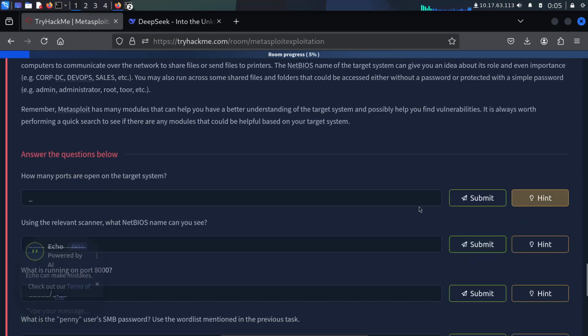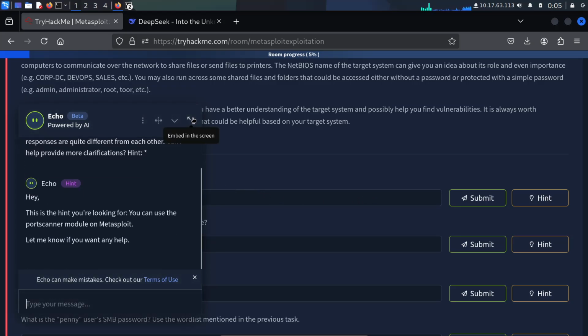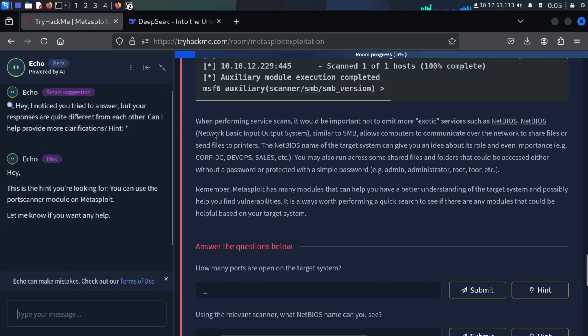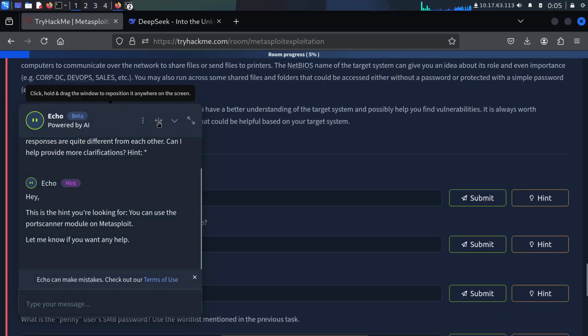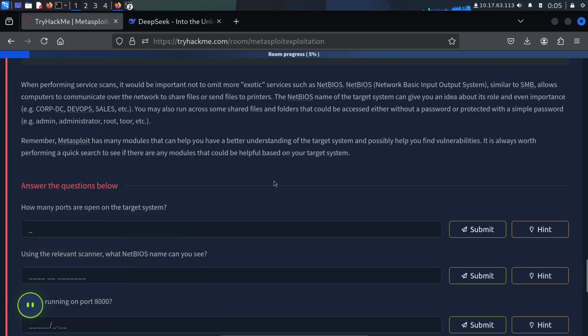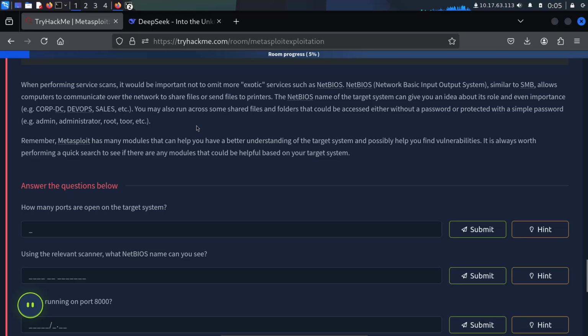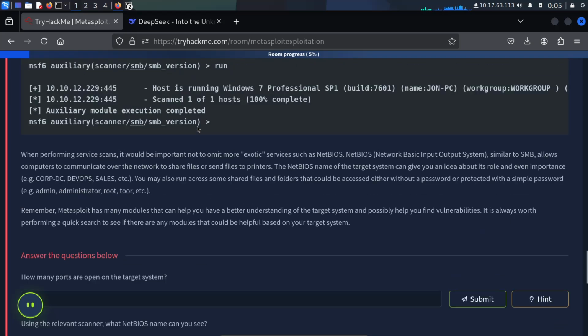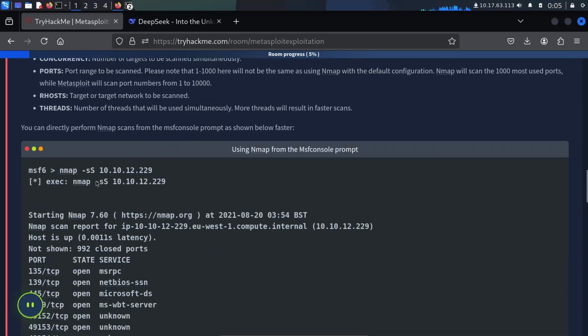Let's try this. I don't want to write this. Metasploit exploitation. Maybe to run this, this is so long.